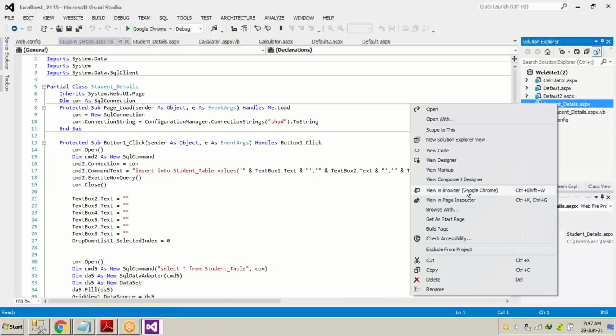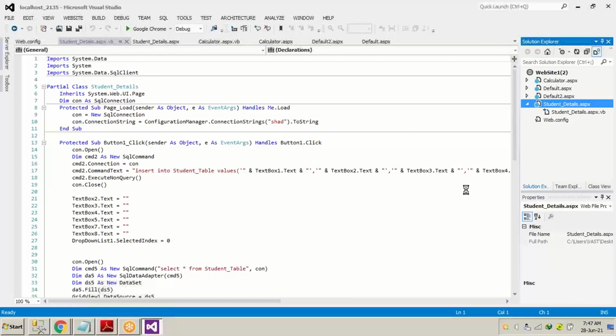I will right click on the page and go to view in browser. Now how does our form look? The same form which we designed the session of day before yesterday. Here you can see this is a form, and in this form we have date picker, student name, contact number, address, email, gender, father name, admission number. Though admission number should be on top, we have designed in this manner. Shifting the table from bottom to top in the design part is not a very tough job.